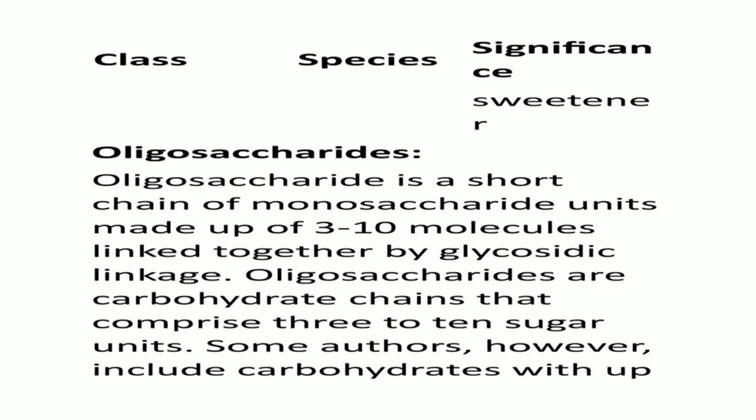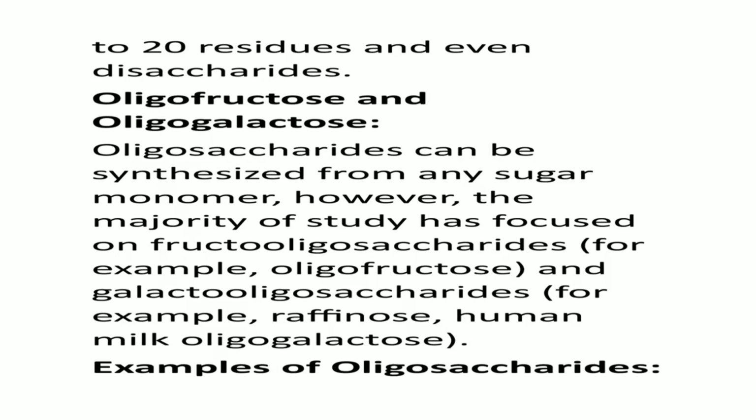Oligosaccharides. An oligosaccharide is a short chain of monosaccharide units made up of 3 to 10 molecules linked together by glycosidic linkage. Oligosaccharides are carbohydrate chains that comprise 3 to 10 sugar units. Some authors, however, include carbohydrates with up to 20 residues and even disaccharides. Oligosaccharides can be synthesized from any sugar monomer; however, the majority of study has focused on fructo-oligosaccharides, for example, oligofructose, and galacto-oligosaccharides, for example, raffinose, human milk